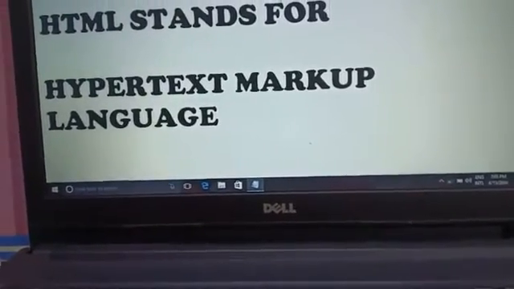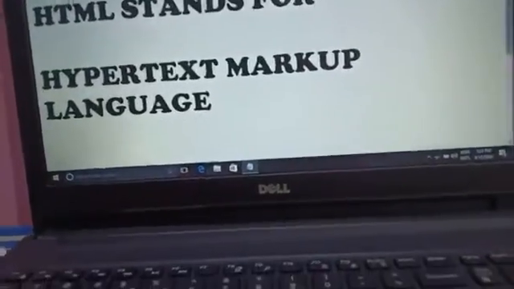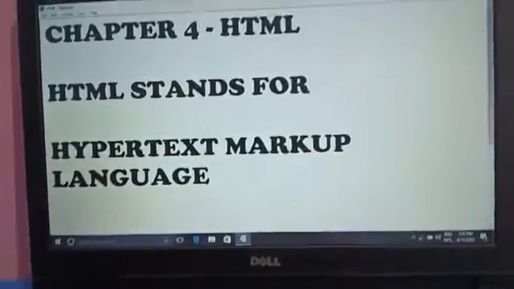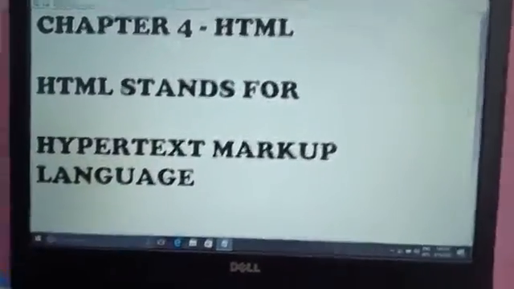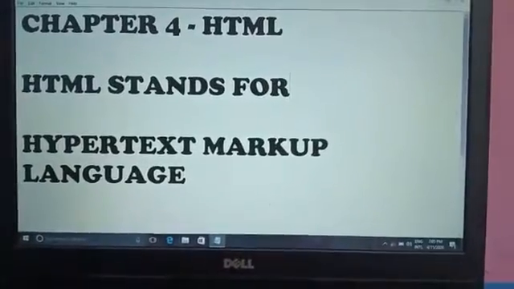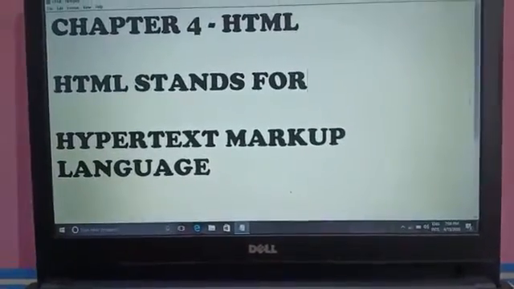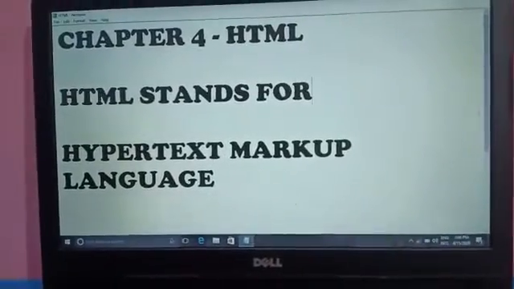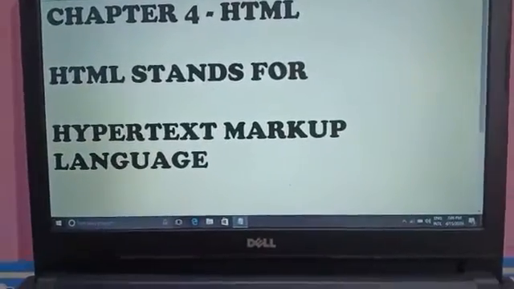As we all know, every language has certain rules and regulations. For example, in the English language, you have to know the alphabets. Same is here.